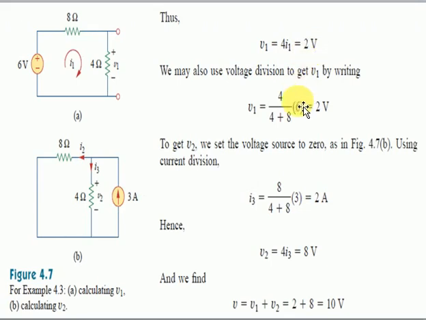But if we use the voltage divider rule, then total voltage is 6 volt multiplied by the resistor whose voltage we have to find out, that is the 4 ohm. 6 multiplied by 4 divided by 8 plus 4, and then V1 is also equal to 2 volt. It's up to you. You may find the value of V1 by using Ohm's law or by using the voltage divider rule. Now comes the next circuit.